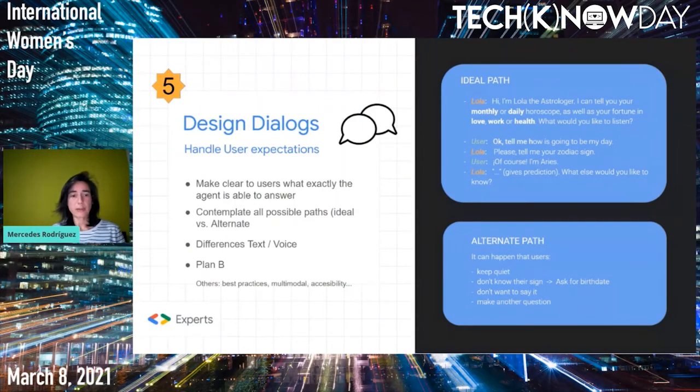And finally, we must always have a plan B in case we do not have an answer. It can happen that even if we are inside the scope of our agent, there can be some question that we missed, or maybe the user is saying it in other words that the agent hasn't been trained for, and does not find an answer for what the user is asking. So we have to decide what we are going to do in those cases and prepare our agent for that.